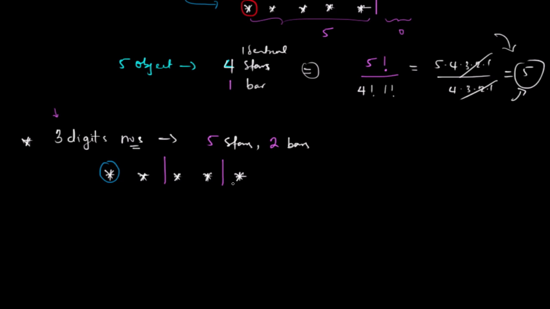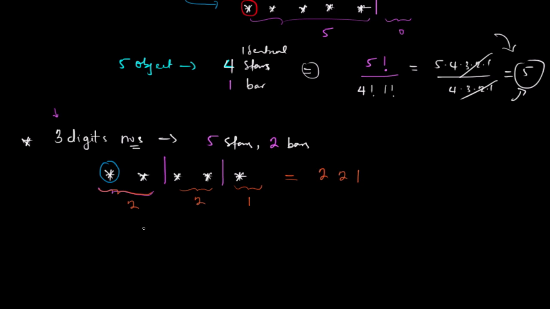So what does this number represent? So let's see. How many stars do we have here? This is 1. Sorry, how many stars do we have? 1, 2. So this is 2. And between here and here you have 2 stars. And also between here and here you have 1. So that tells us that this symbolic representation represents 2, 2, 1, which is correct, because 2 plus 2 plus 1 is 5, and this is a